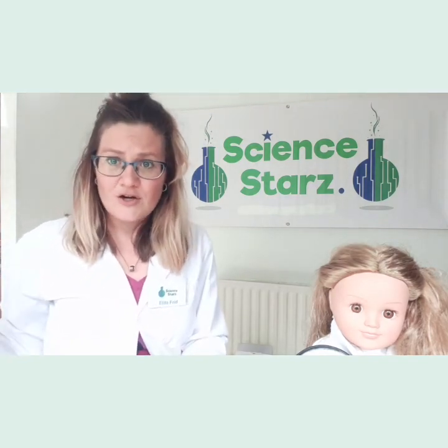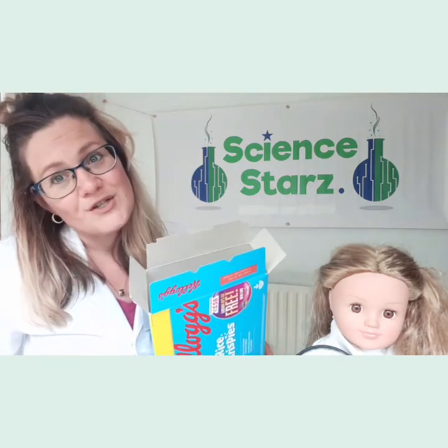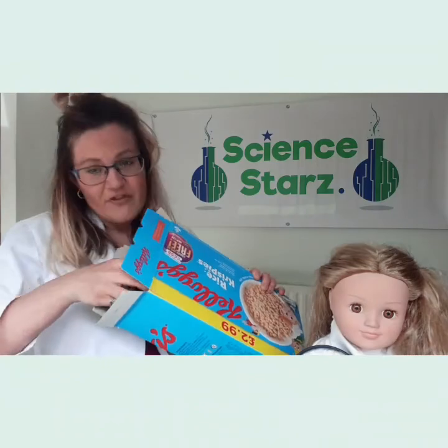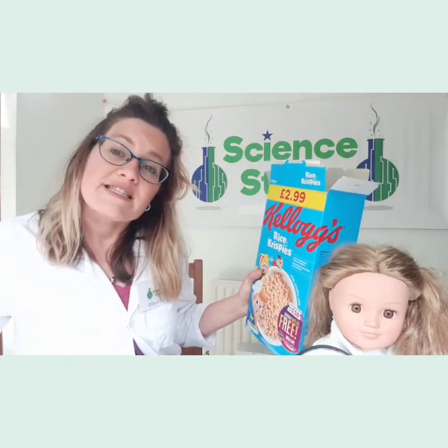So let's start by getting our container or our cereal box, and you saw the materials that we're going to use. So all you need to do is to start to put it in your box. So I'm going to start with my pine cones, and I'm going to put them there at the very bottom of the box. You want to make sure that your container has one end closed,